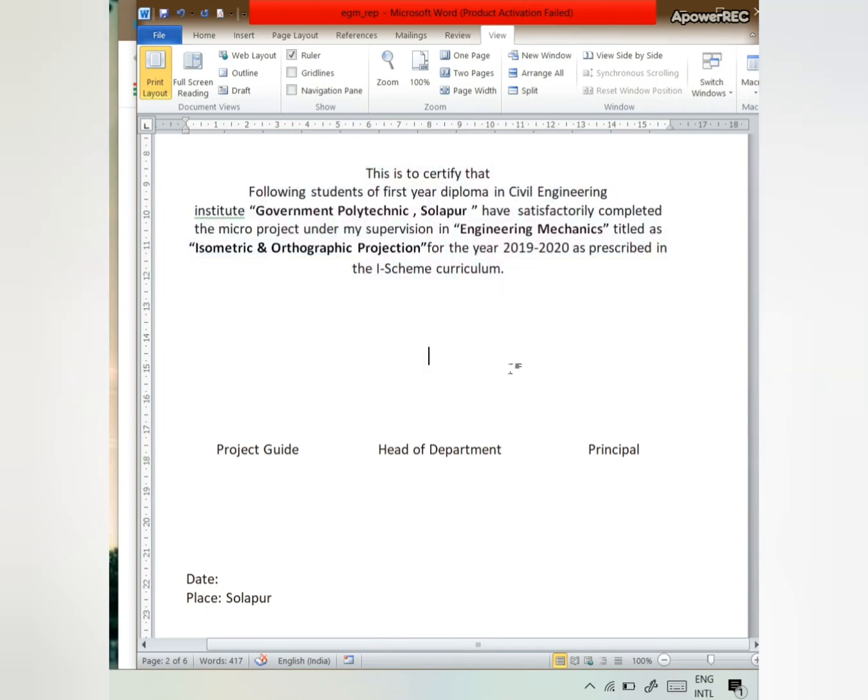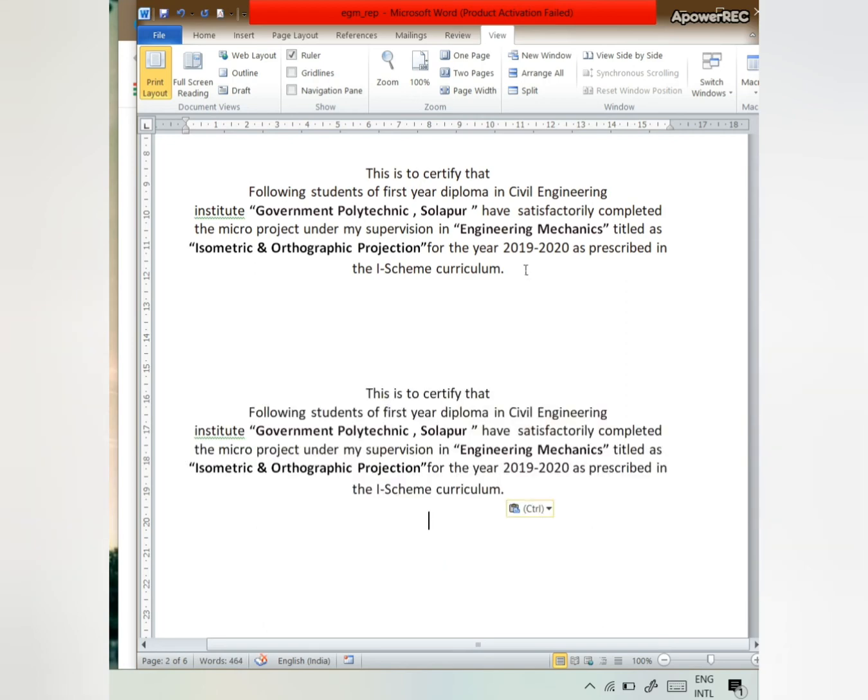Next is Ctrl with V. This is basically used to paste the copied text, file or folder. Before, I said that the Ctrl key along with C is used to copy the file, folder or text, and Ctrl plus V is used to paste that copied text, file or folder. Here I will show you. I copy this paragraph with Ctrl with C. I want to paste it here, so I use Ctrl with V. Then you can see my copied text is pasted here.